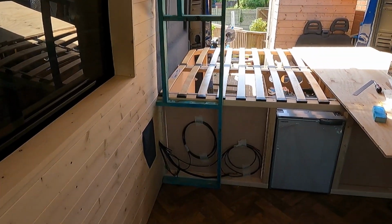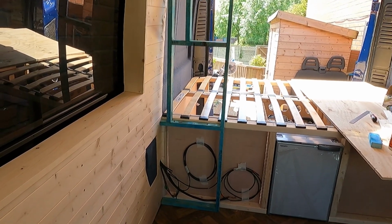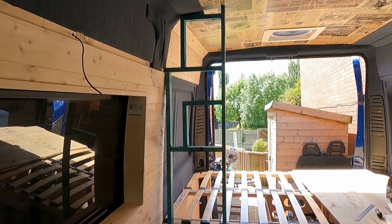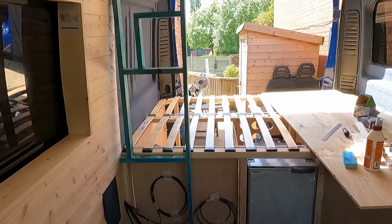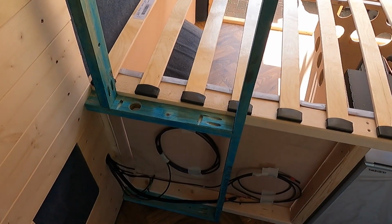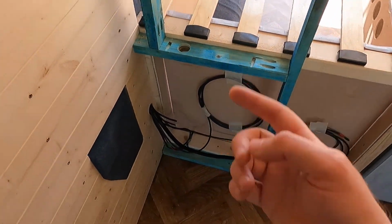So that's the framing for the mini partition that we're building to separate the bedroom area off from the rest of the camper van. We think that by adding this it'll just break things up a little bit and create more unique spaces in the van. But anyway, it's a combination of pocket holes, glue and screws with hole saw holes to run the cables through,